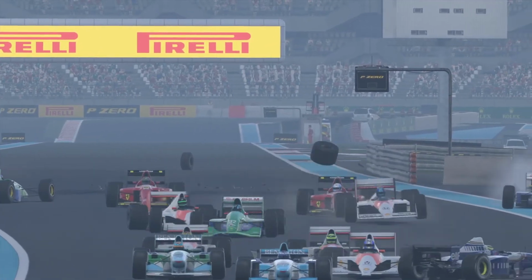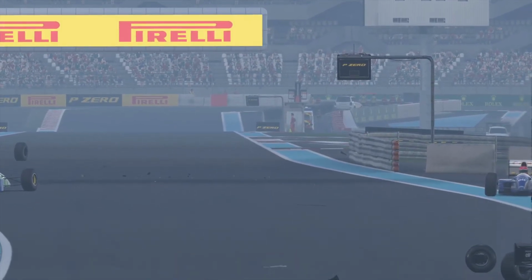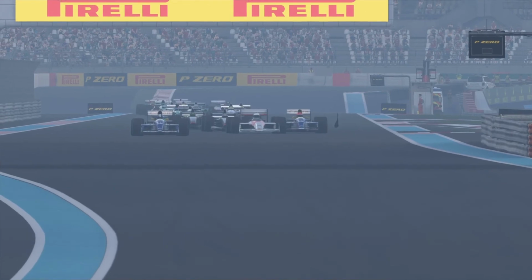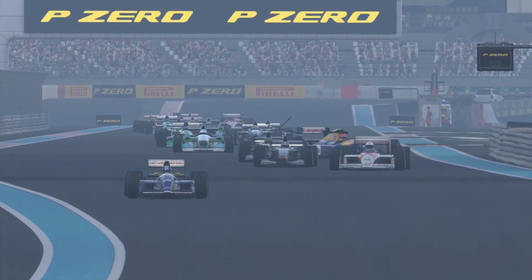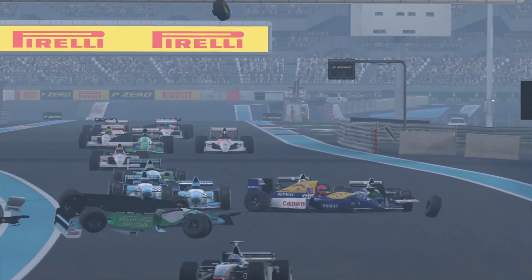And, man. Look at all those people crashing into everything. And the last crash of the day is one more flip. Bang over the wheel. So,